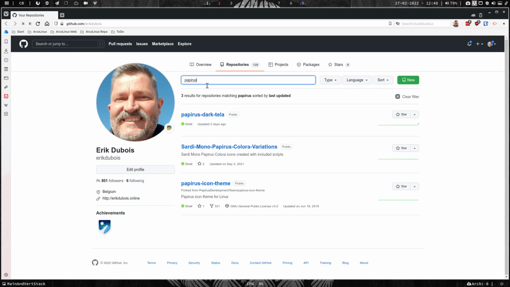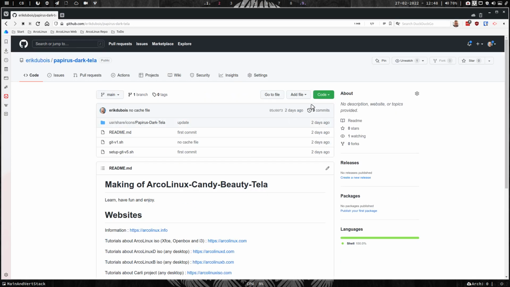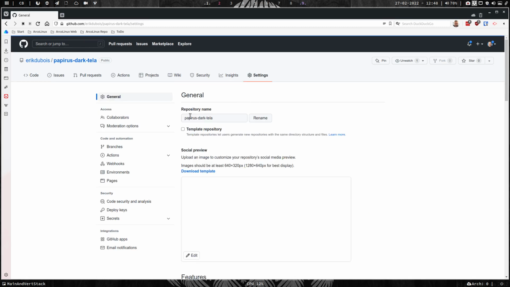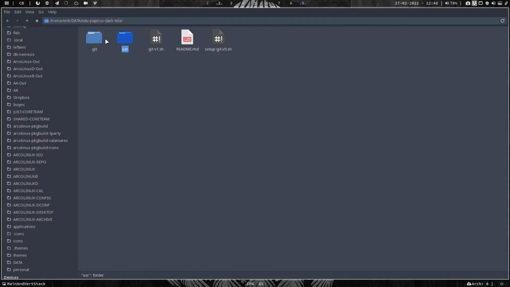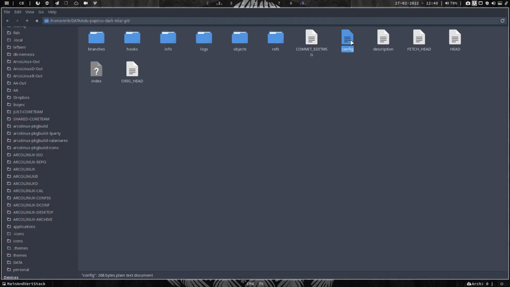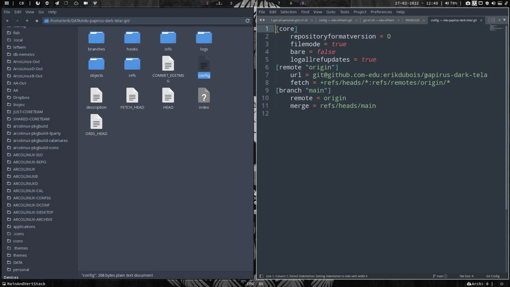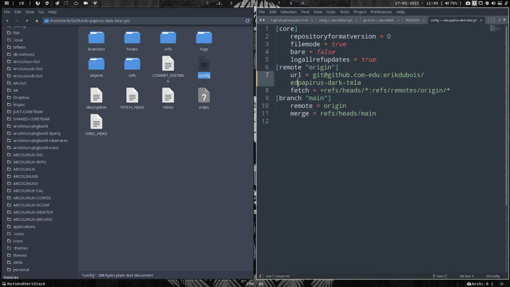Papyrus Dark Tela. Settings. Edu Eric Dubois, right? Rename. Fine. Then I go in here. Git config. It's changed. The name is now edu. Save.